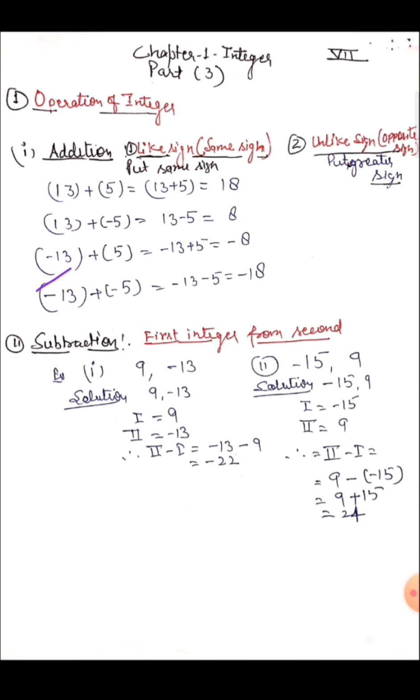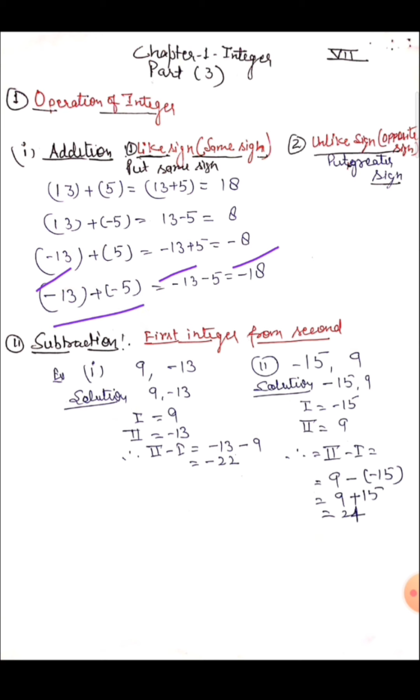Now in the third case, look here: minus 13 plus 5. The first number is negative and the second number is positive. Again, these are different signs. Different sign means subtract the numbers. So first I subtract the numbers and we get 8. When the numbers are in different signs, we always use the greater number's sign in the answer. Which one is greater here? 13 is greater. 13 has the minus sign, so we use minus in the answer.